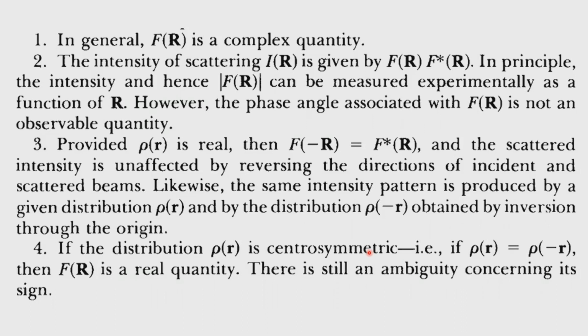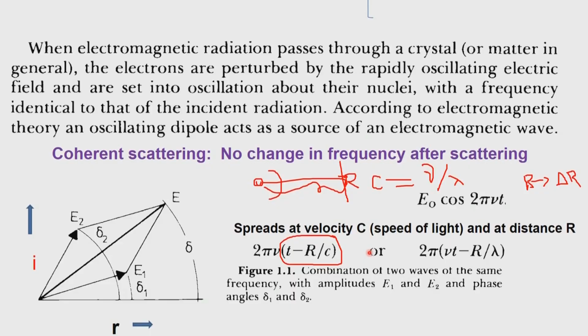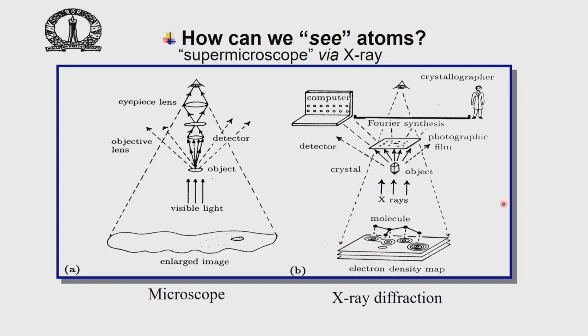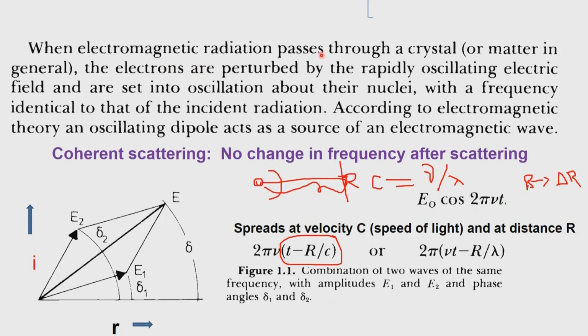At this moment, just to revise what we have done so far in this class, we have taken the scattering issue and considered the scattering process in detail. We looked at two possible waves which are interfering with each other. One is represented by E1, the other by E2, and the resultant one is represented by E. So it depends upon the corresponding phase angles associated with E1 and E2.